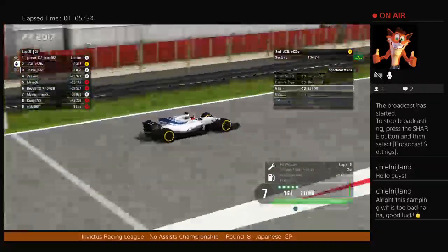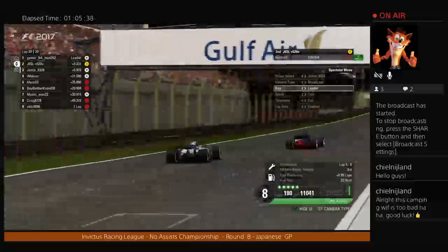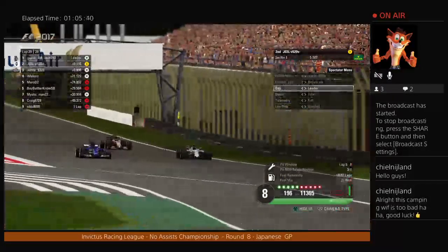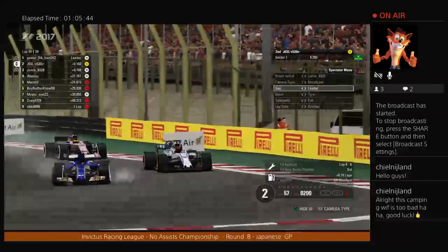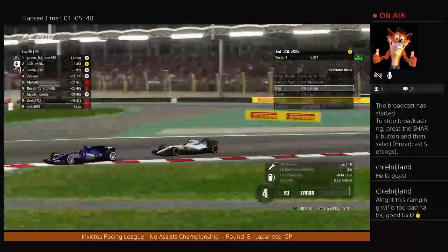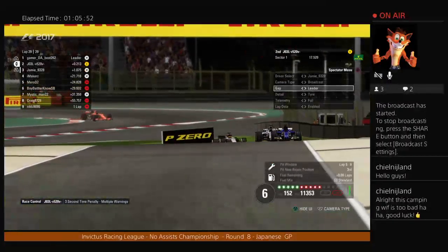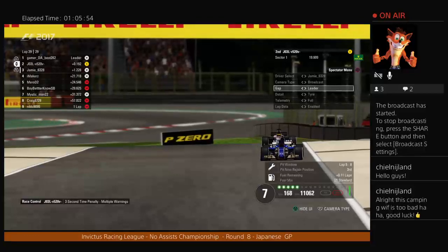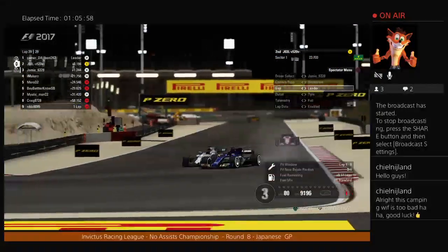We'll sit on board with the Williams driver as he looks at the back of the Sauber. What does the Williams do? Gamer goes defensive early. Joel with the newer tyres. As Gamer locks up, Joel doesn't quite have the grip to get it down on the power earlier. Joel picks up a 3-second time penalty, an absolute killer there for Joel,